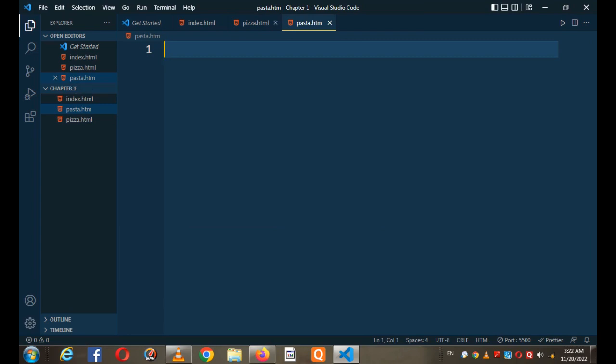So you can use either HTML or HTM. Extension, sorry, not tags, extension. You can remove the L also, but it is highly recommended as good practice that you write the whole HTML,